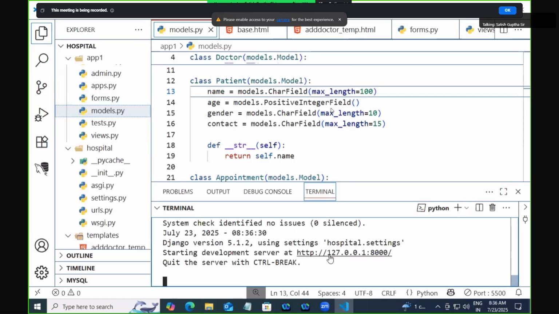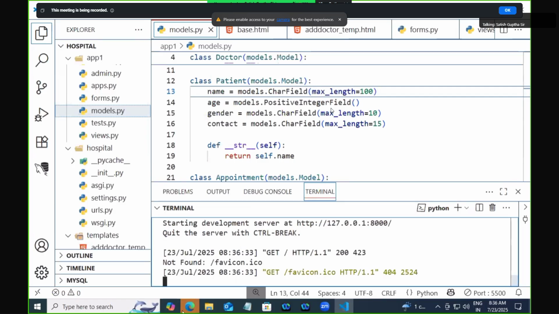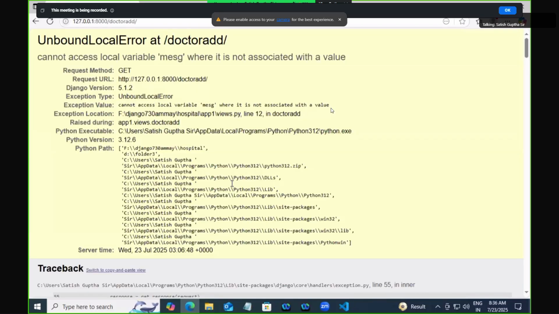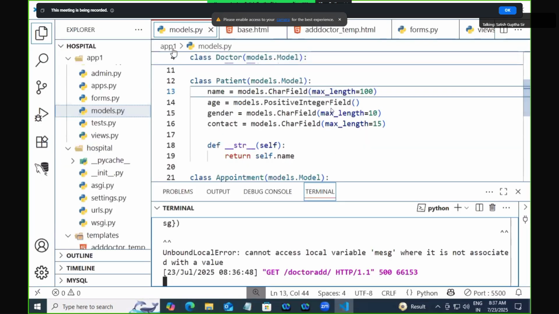Okay. Now when you run this, first it runs this. This is home. So there is add doctor, list doctors, add patients, list patients, appointment. Click on add doctor. Oh, unbound: cannot access local variable message where it is not associated with any value. So in the views.py,